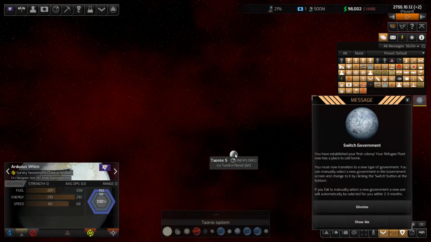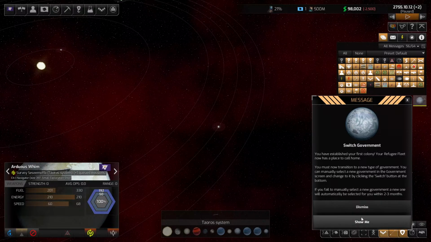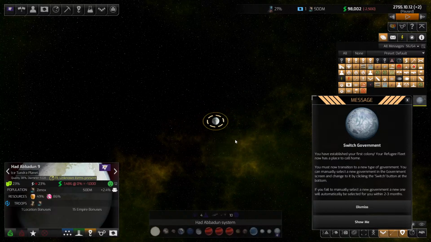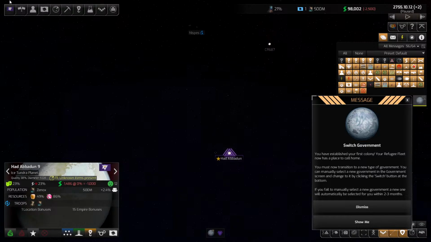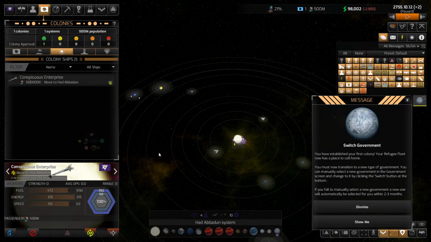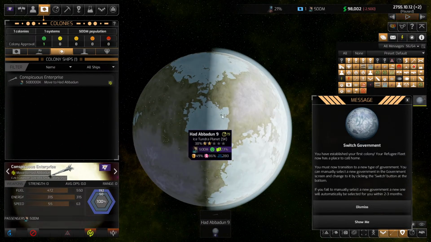I am totally forgetting which button is which explorer. That's fine. We need to switch our government. Show me. We have a planet. Alright, before we switch our government, we're going to pause for a second. We're already on pause. We're going to grab our other guy, and we're going to immediately send him over here to...